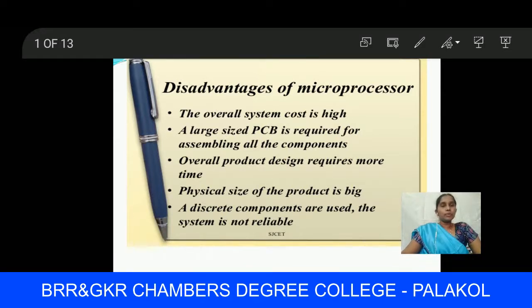Here the microprocessor has some disadvantages. That's why we move to microcontrollers.